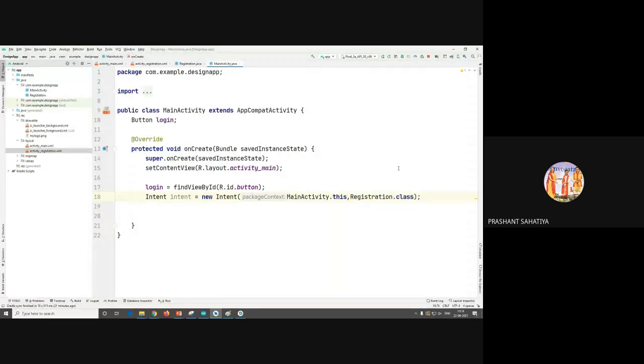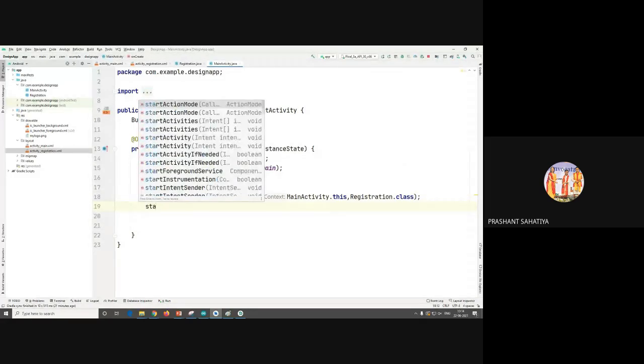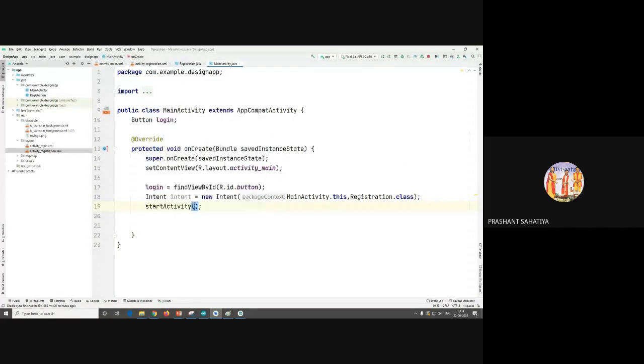Now I need to start that particular intent. So I'll say startActivity. That's it. Hardly it is 2 lines of code.